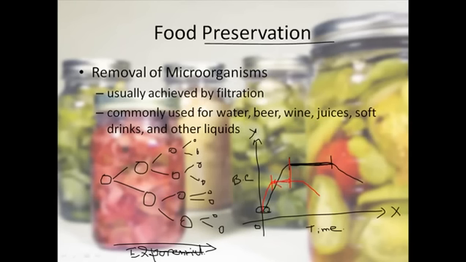So knowing the bacterial growth properties, knowing the bacterial growth curve, we can use different properties of bacteria and different environmental manipulations to work on the bacterial cell and stop their growth in the food.